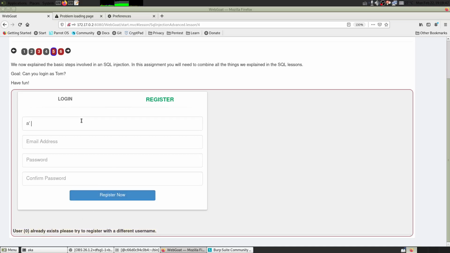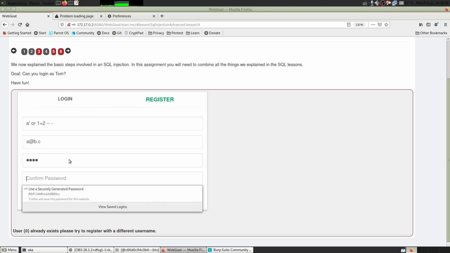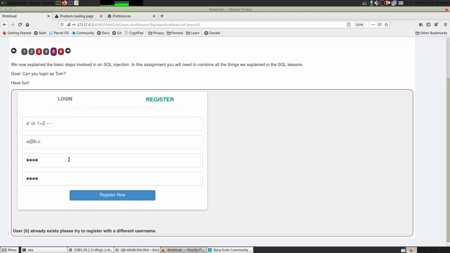Let's try with a or 1 equals 2 and this. The reason I am giving a for the first is, as we discussed in normal SQL injection, whether this is true or not, if this is true, then the whole condition becomes true. Now we know that the username Tom exists because that's what we are supposed to log in as, the goal says.